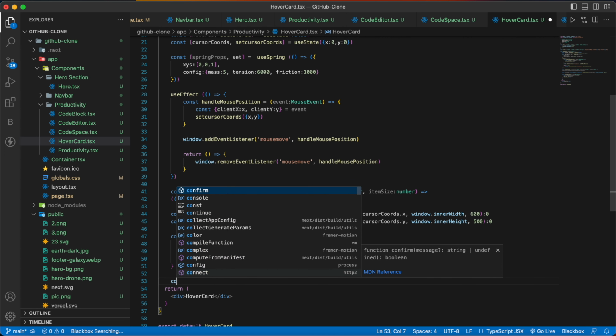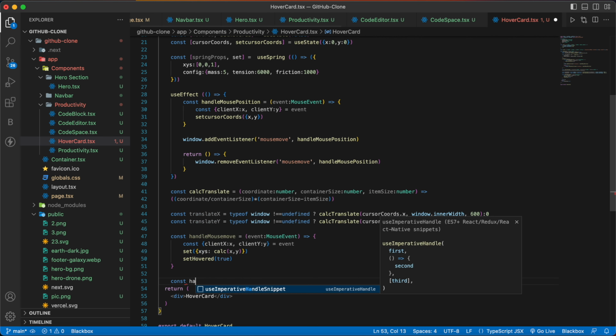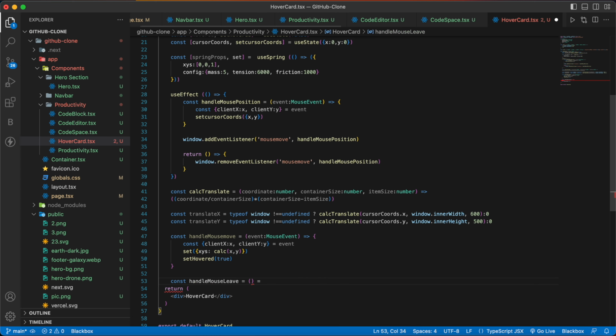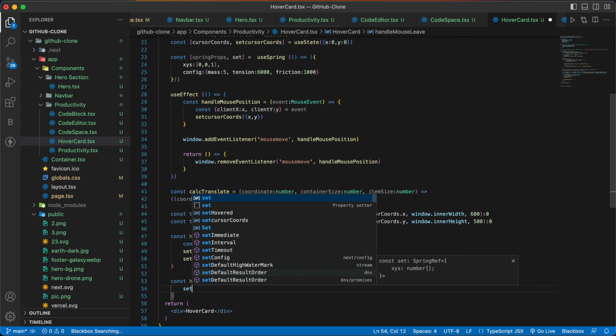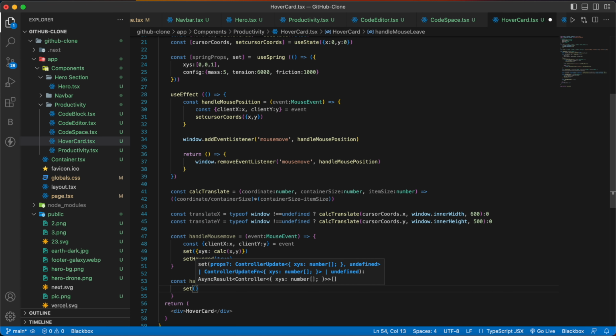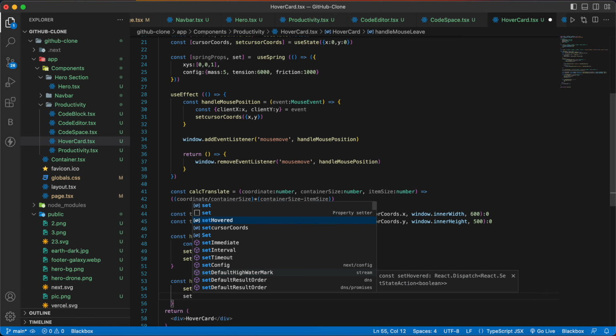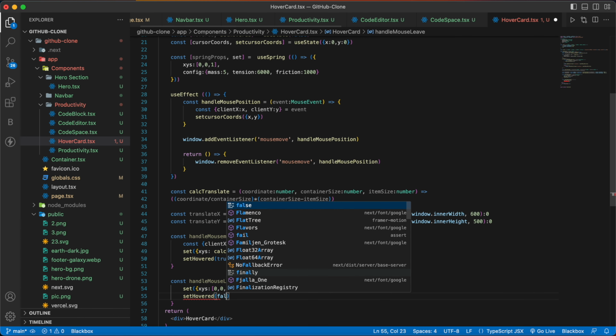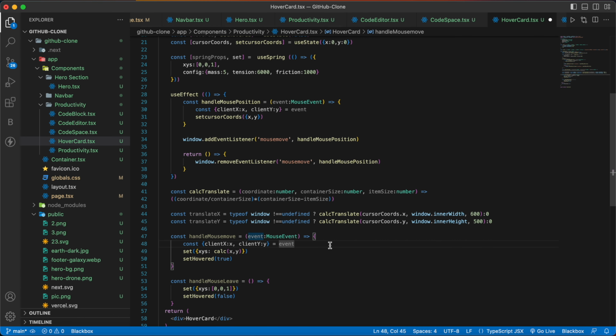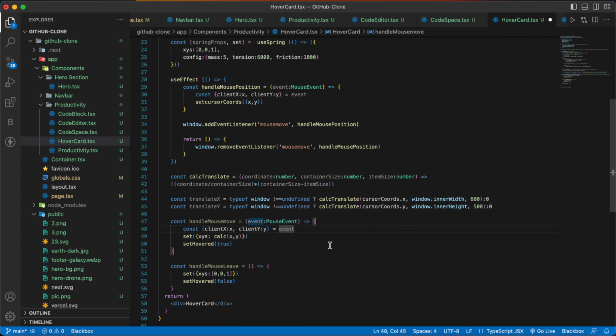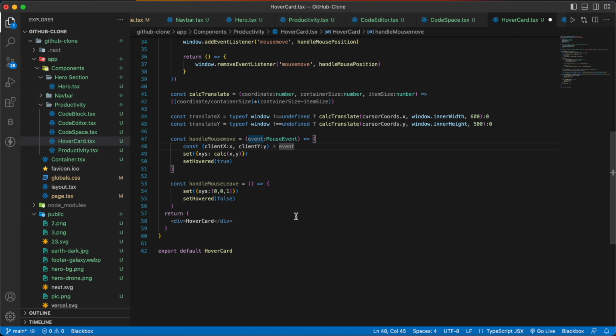Similarly for mouse leave we can write handleMouseLeave. Inside the function we are going to set value to default, which will be xys: 0, 0, 1, and make the hovered value to false. And with that we have written all the functions required for our hovered card, and now we will write our